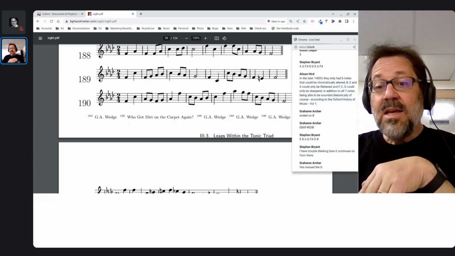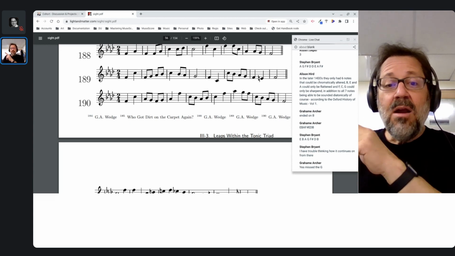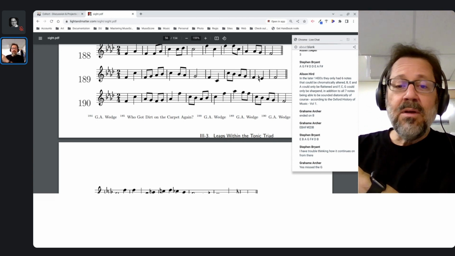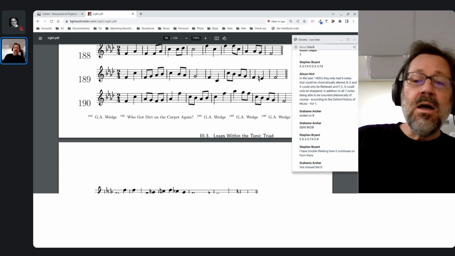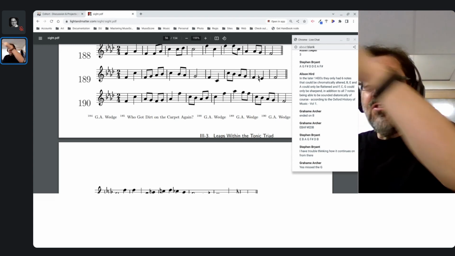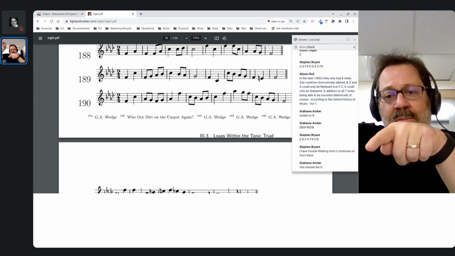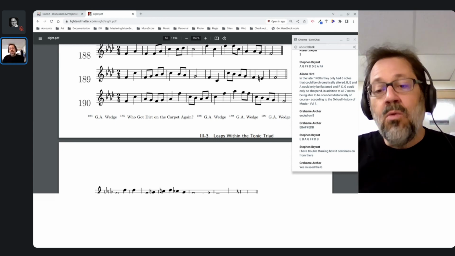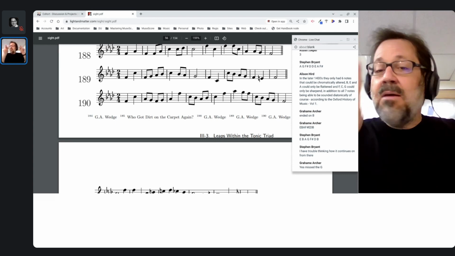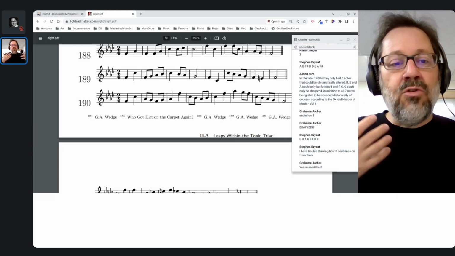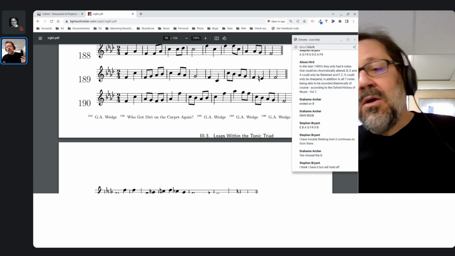So 1, D, C sharp, B, back up to the C sharp, then bottom, C sharp, A, B. That pattern of approaching that B with a step above and a step below, this is the place where there's a missed opportunity for a leading tone. But that's one of the things that makes it sound more folky, more